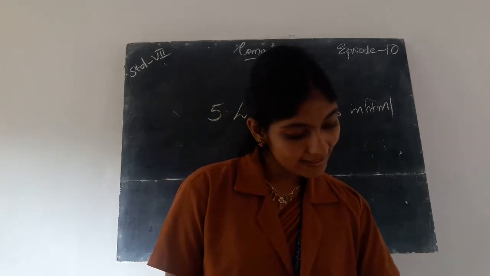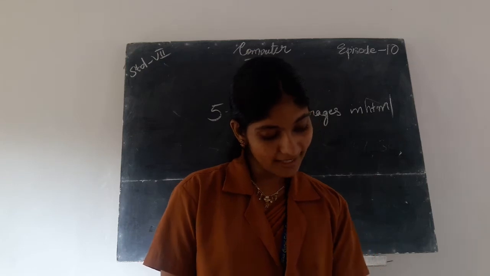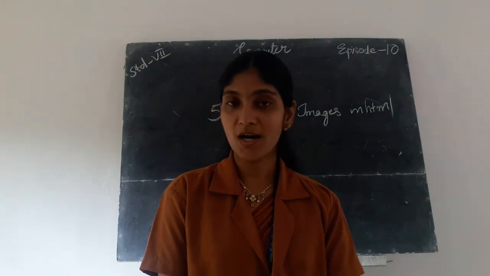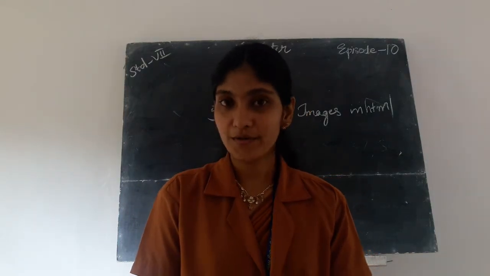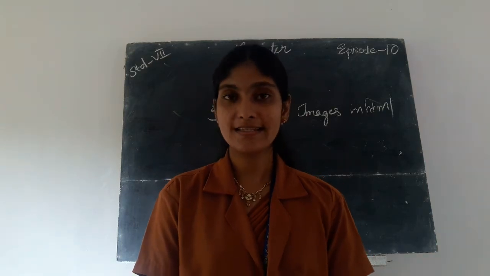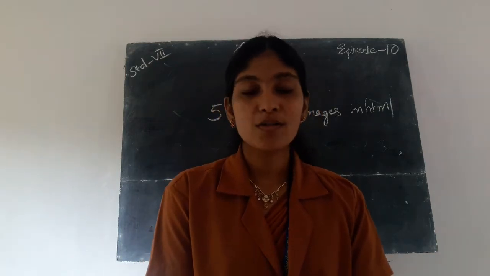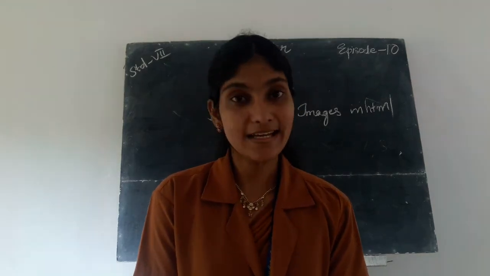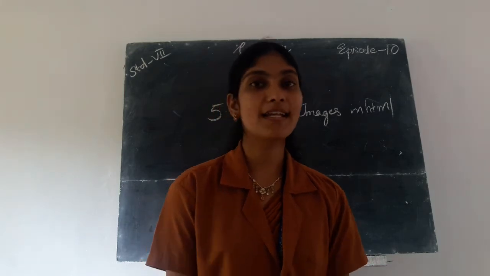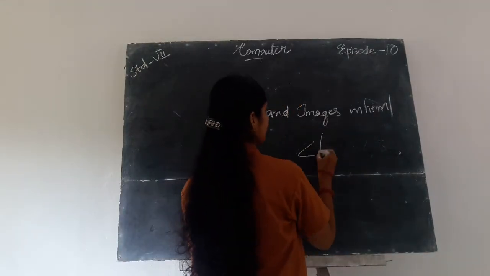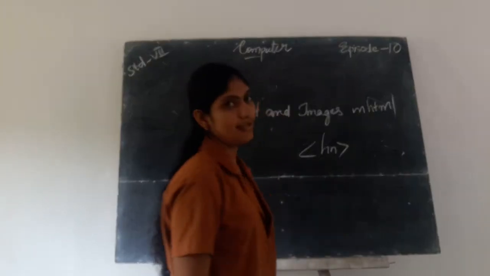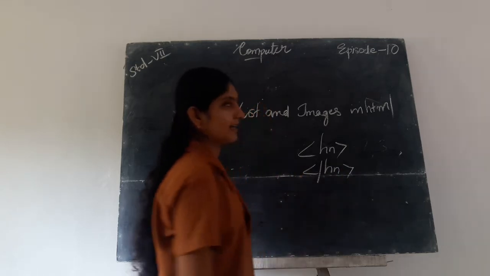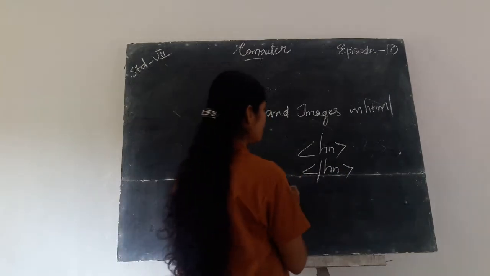Okay. Then next is font tags. In font tags we have discussed three types of attributes. What are they? Font color, font face, font size. Then we have already discussed some important tags. What are they? Can you remember that? Heading tags. Then what is the syntax of heading tags? Hn. Yes. Then how is it closed? So this is the closing tag. And n varies from 1 to 7.